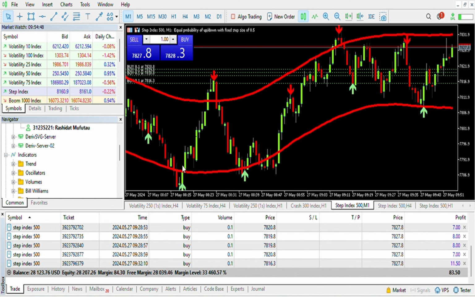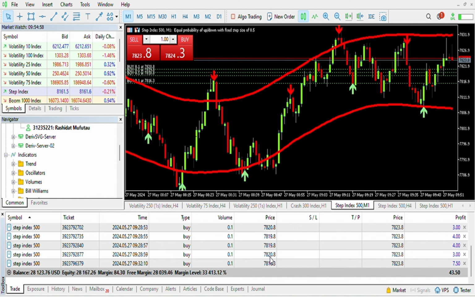178.35. That's where we are expecting the market to go to. That would be $15 to $20, depending on how much you enter. You can see I entered here at 178.16. Now, if I actually have a small account and I've seen $10 and I did not get out of